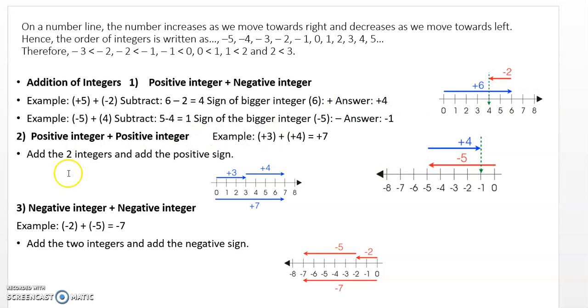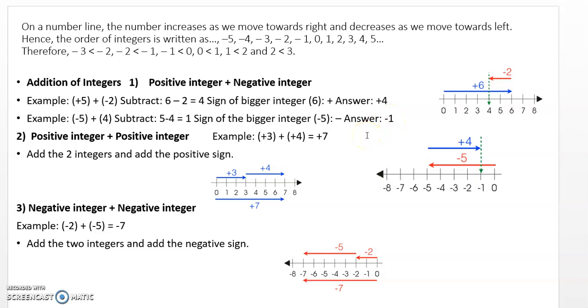Now next, if you take the example where one number is negative, so the first number is negative and the second number is positive. The two numbers have the opposite sign, so you have to subtract. So that is 5 minus 4. What is 5 minus 4? It is 1. And which is the bigger number, 5 or 4? 5 is the bigger number. So what is the sign of the 5? Minus. So after getting the answer, you have to put the sign.